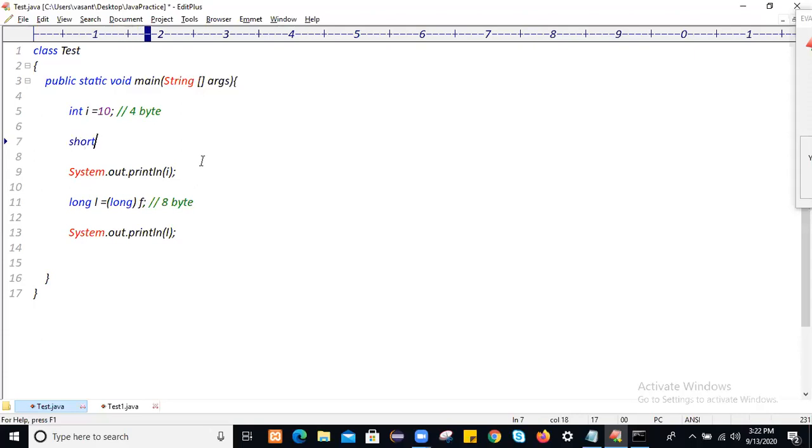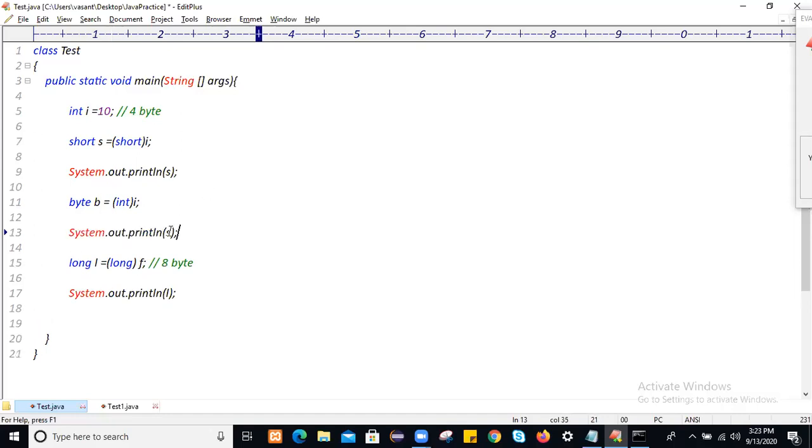If you want to convert this integer value into short, simply use short here and display that short value. Or if you want to convert this 4 byte data into byte, that is 1 byte of data, we can simply convert into byte also. Let me display that byte value.